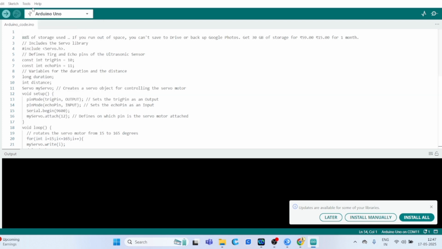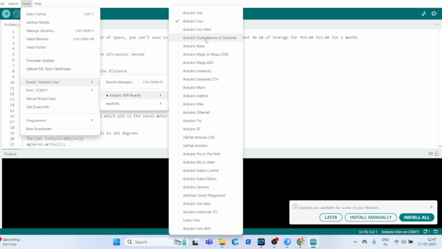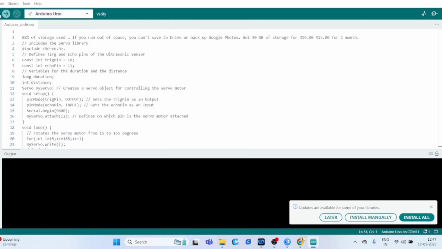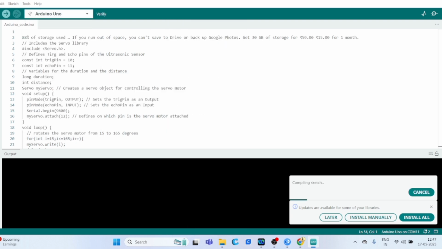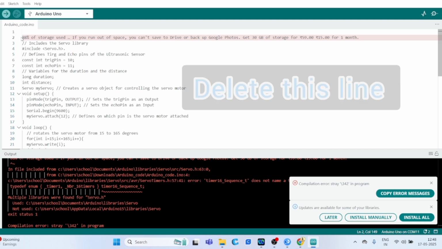and please go to Tools and select your port, the port to which your Arduino is connected. So I selected my port and changed the Arduino board. I am using Arduino Uno. If you use Arduino LilyPad, Nano, or Mega, please change the board in Tools. I have Arduino Uno, so I select Arduino Uno,